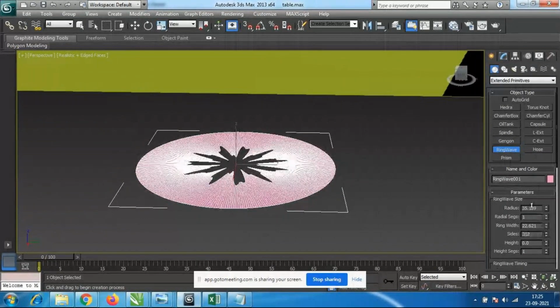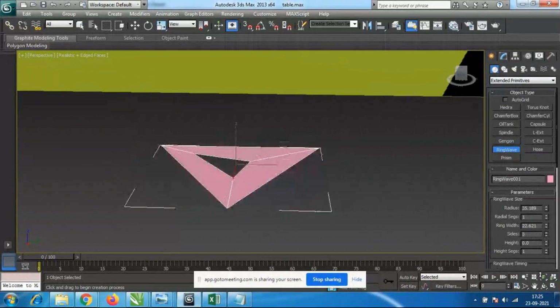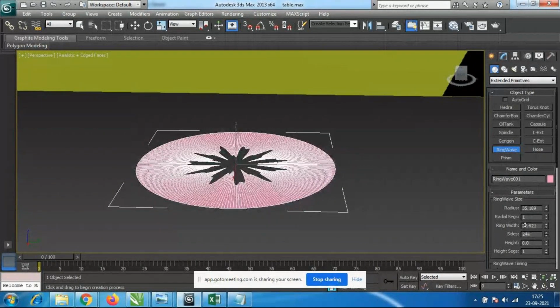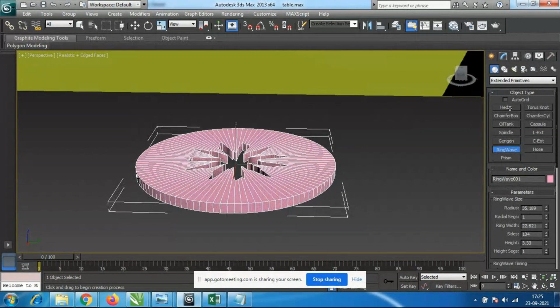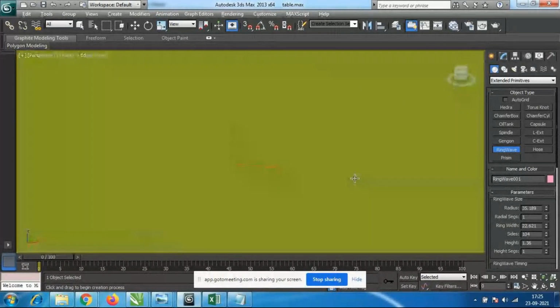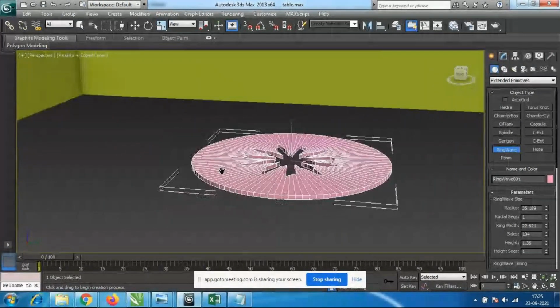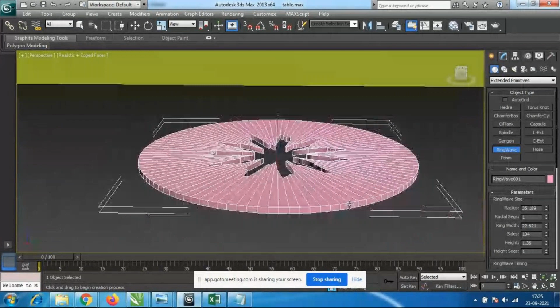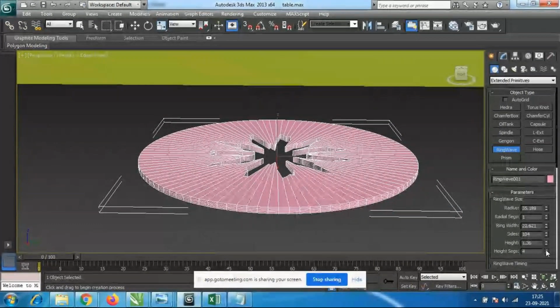So you have the sharp shapes, and you have the smooth shapes like this. Okay, and sides will be there. Yeah, thickness, if you want any thickness of this design. Height segments and width segments, all these options are there. Please check all these options.